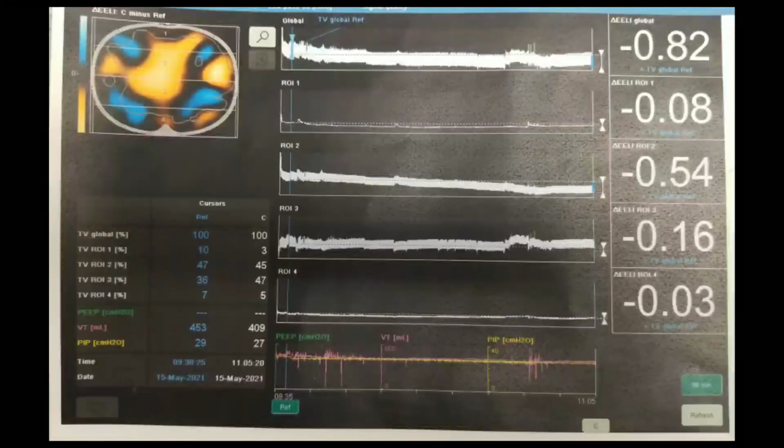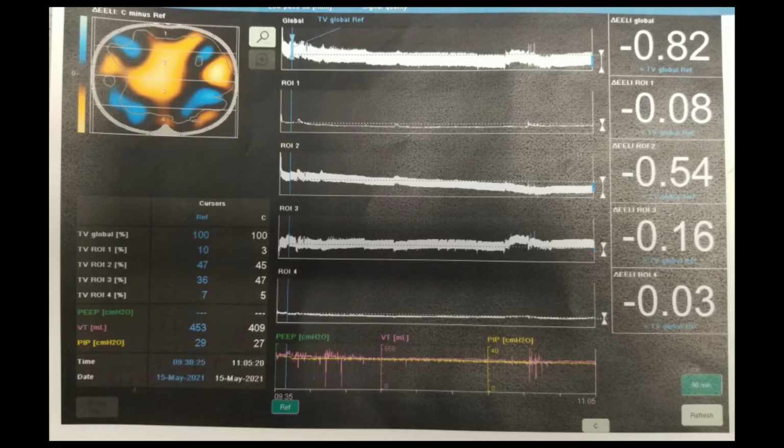This is the view that we have on the PulmoVista 500 for end expiratory lung impedance. Again, impedance means volume. So if we have a gain in impedance, we're having a gain in volume. If we have a decrease in impedance, we have a decrease in volume. So here we're looking between 938 and 1105, where the P high was dropped from 30 to 26. We see that at the bottom of the screen, the reference is placed where the P high was previously at 30, and the control is when I walked into the room. So this is roughly an hour and a half